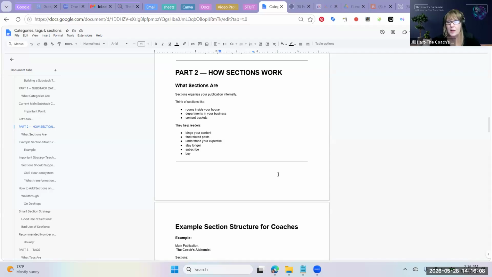People can subscribe to just sections of your publication and not the whole publication. And you, in turn, can subscribe to just sections of people's publications, not the whole thing. So it's important that you recognize that when you're setting these up. It helps people find the piece of content they're really attracted to you about, instead of having to